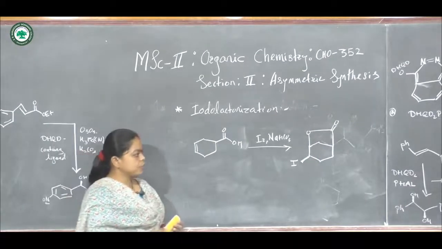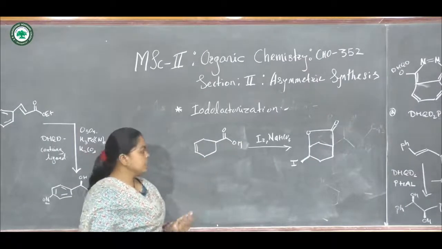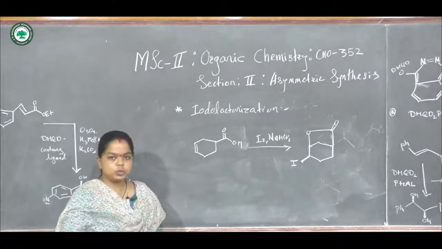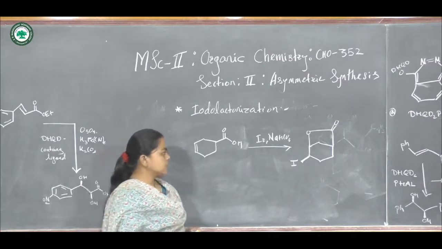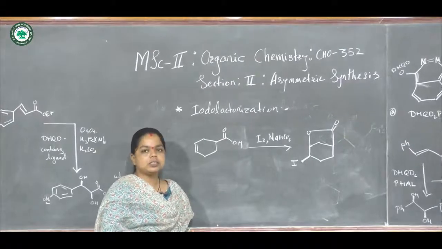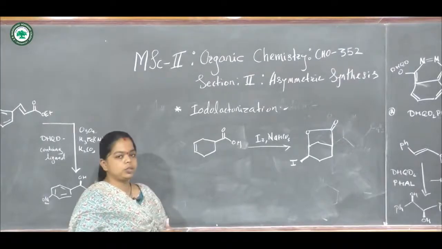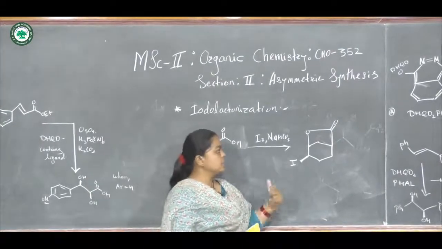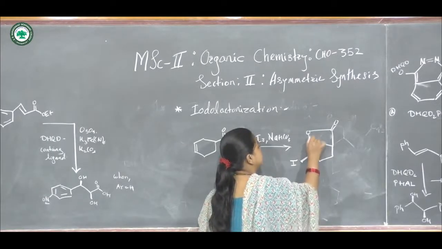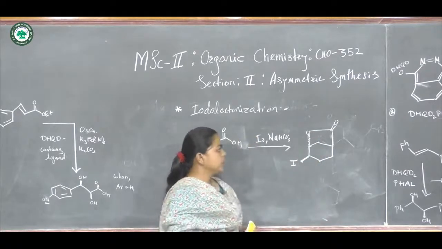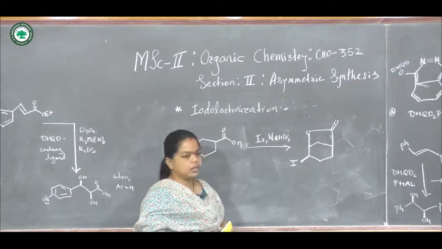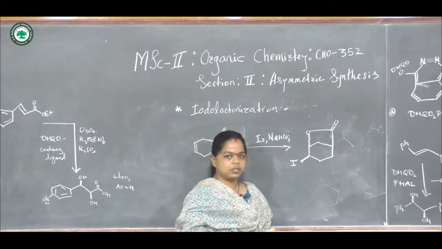Now in this next reaction, we can see that the carboxylic acid group is present in a cyclic system. It is a different substrate used here. The previous substrate was an acyclic molecule, this is a cyclic molecule, and in this case we are getting the corresponding lactone molecule. A 5-membered ring lactone is obtained by the cyclization, but the stereochemistry is found to be reversed here.